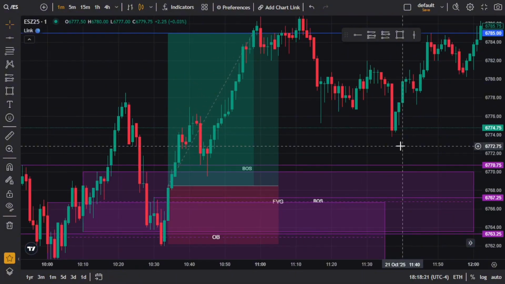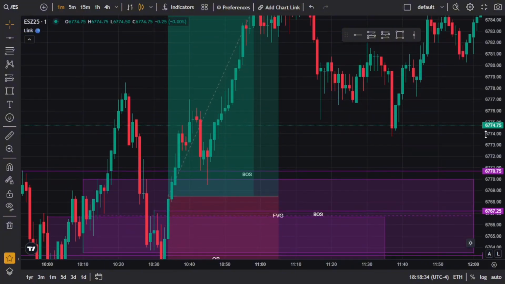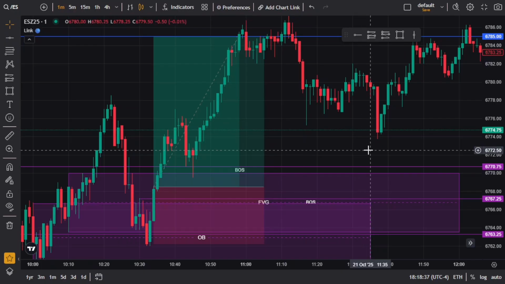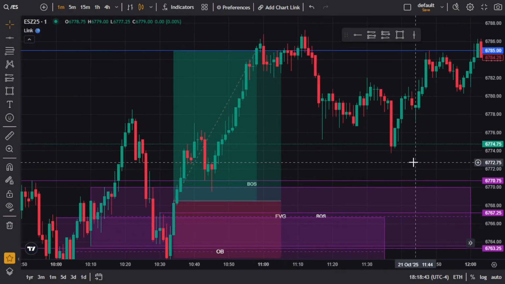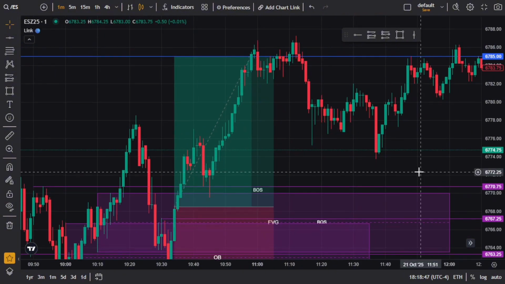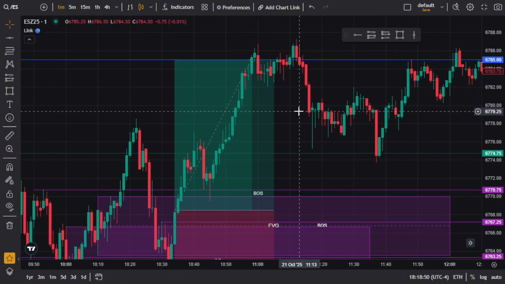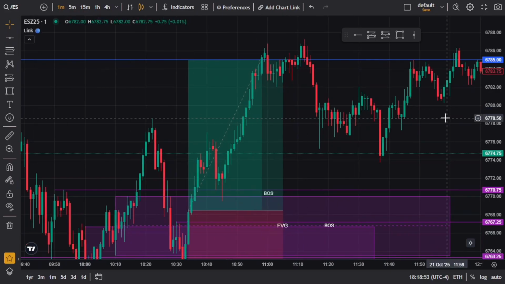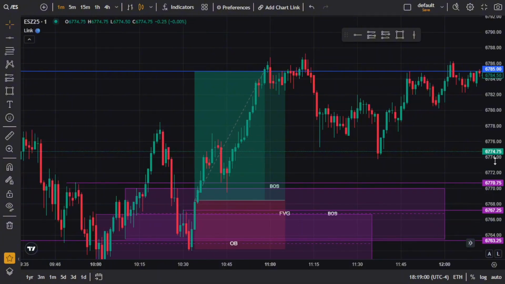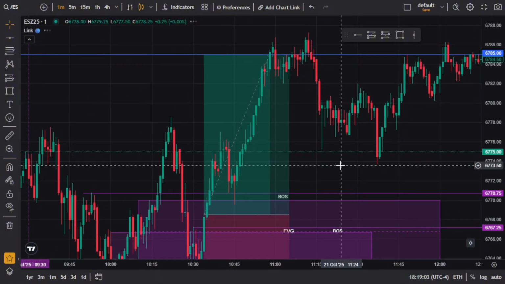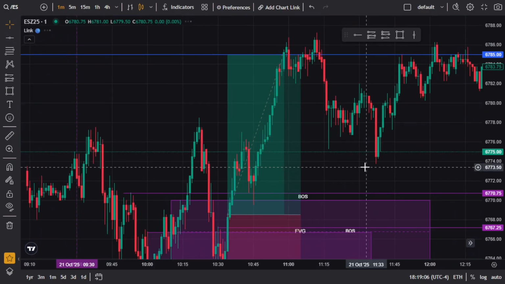If everything that you just marked out was hit to a T, a buttery smooth, butter knife, smooth toast butter, if everything happened the way it happened, everything was hit, do not be afraid. I promise you, 99.9% of the time, price is going to go in the direction that you want it to go based off of the things that you marked out. And that is a fact. If you didn't do something right, price is not going to go the way that you wanted it to go. You control the charts, the charts do not control you.